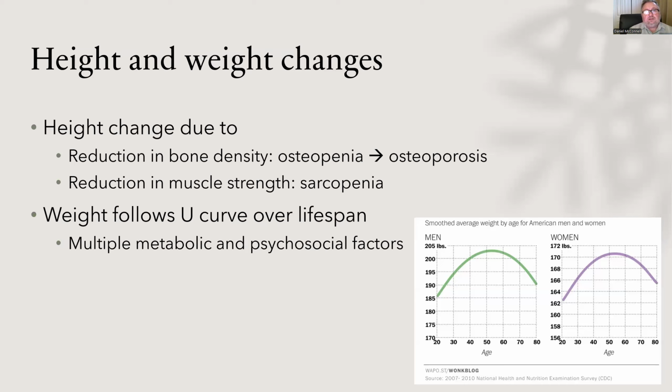For psychosocial factors, there may be things related to changes in our social lives that influence when and how often we eat, and when and how often we do other things that might be associated with weight gain, like alcohol consumption. If people are social drinkers, for example, and they go out with friends and do a lot of that throughout their adulthood years, they may gain weight as a result of that. But then they may choose to not do this anymore, right? Past a certain age, maybe they stay home more often, and then they end up drinking less often, and that results in maybe some weight loss, right?